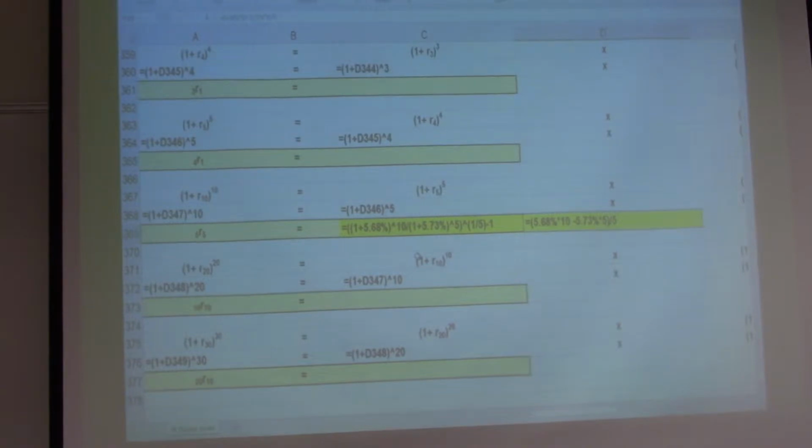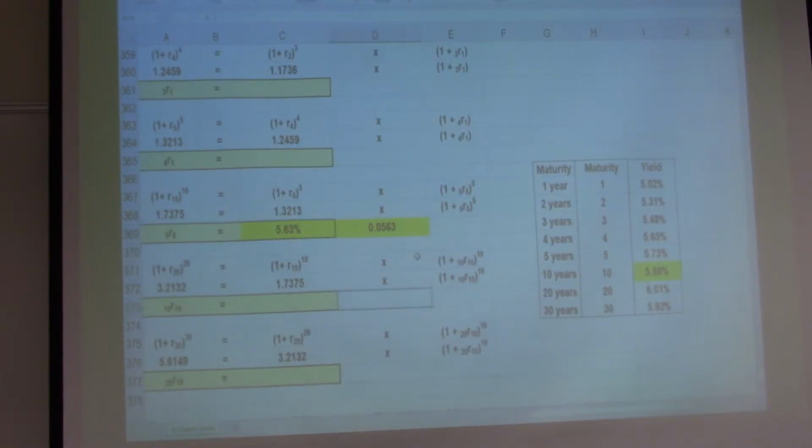So for the next two... How much did you guys get for the next one? Got anything? The quick way is, this is 20 years, so 10 times 6.01%,